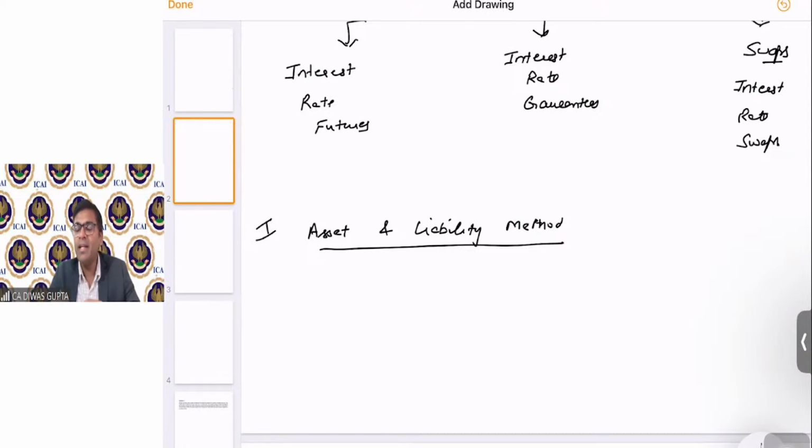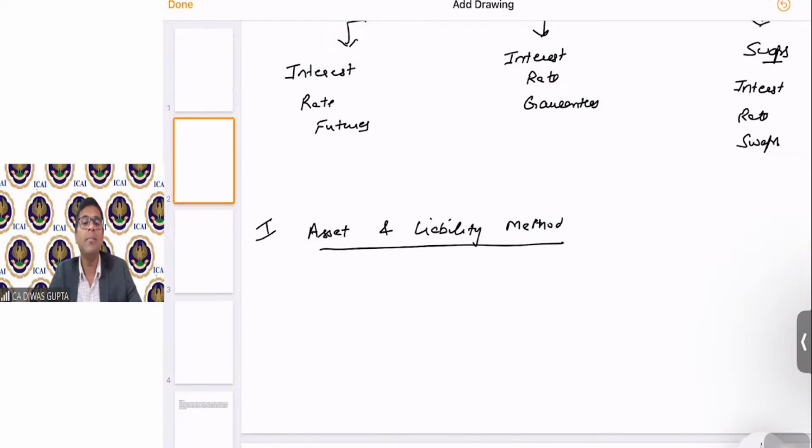Now, some of the liabilities are getting matured before that asset is getting matured. So that means you have to pay for that liability before you realize your asset, because your asset will get realized, let's say, after 6 months. Your liability has to be paid after 3 months. So in this case, what will happen? After 3 months, once your liability needs to be paid, you need to incur a fresh liability for another 3 months. Then only after 6 months, whenever you get your asset back, you will repay your second liability, right? That's how it will happen.